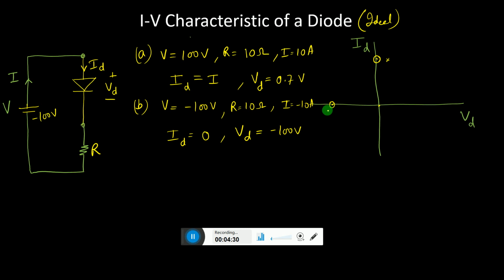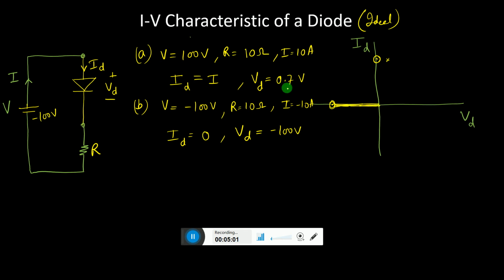So if this voltage would be any value from 0 up to minus 100 or minus 200, the current will be 0. So in the x-axis the curve will look like this. Whatever the value of the reverse voltage, unless we go for a breakdown voltage, this will be the curve in the x-axis.